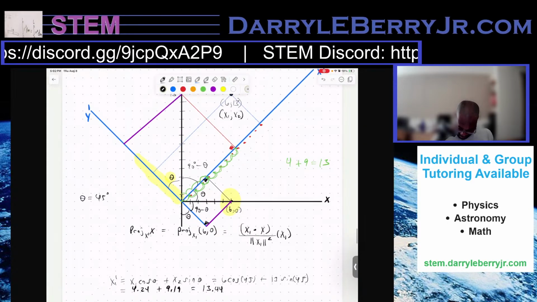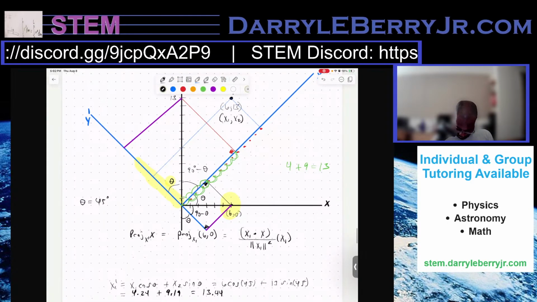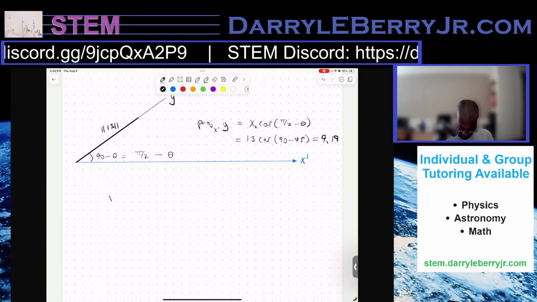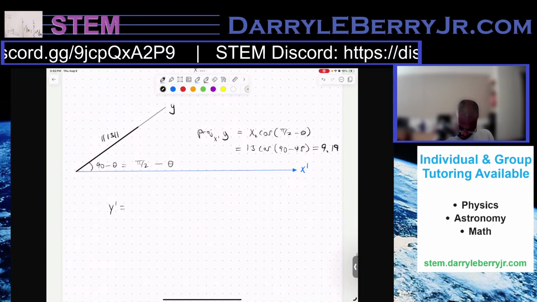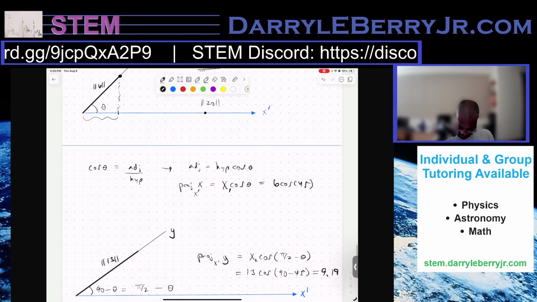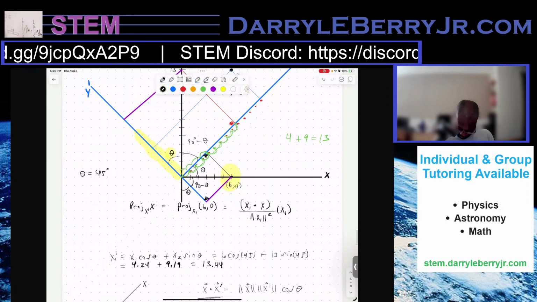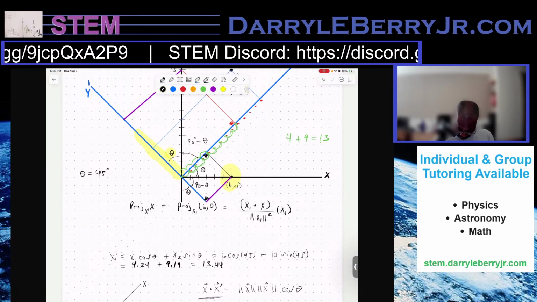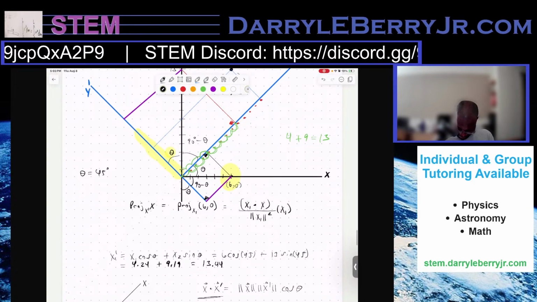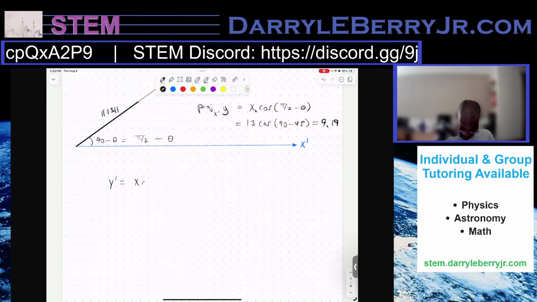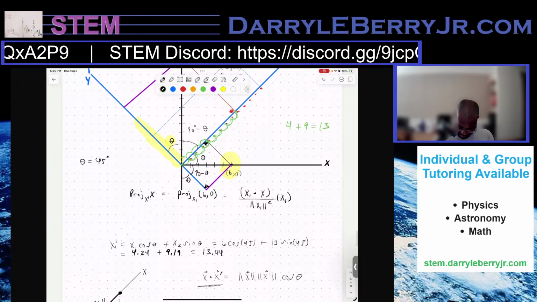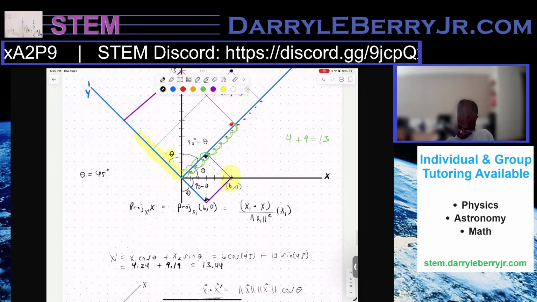So for one component of y prime equals x, which is the hypotenuse, cosine 90 minus theta, which is going to be negative, since it's on the negative axis,